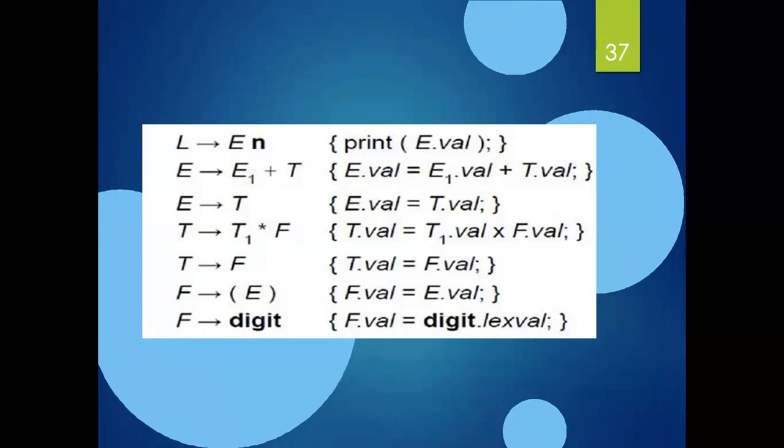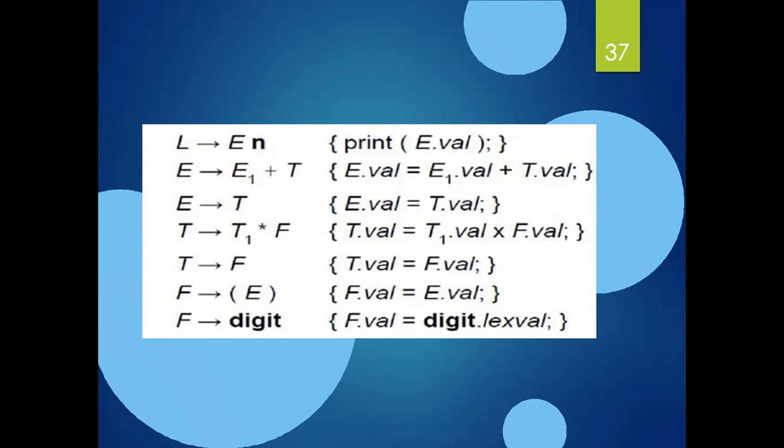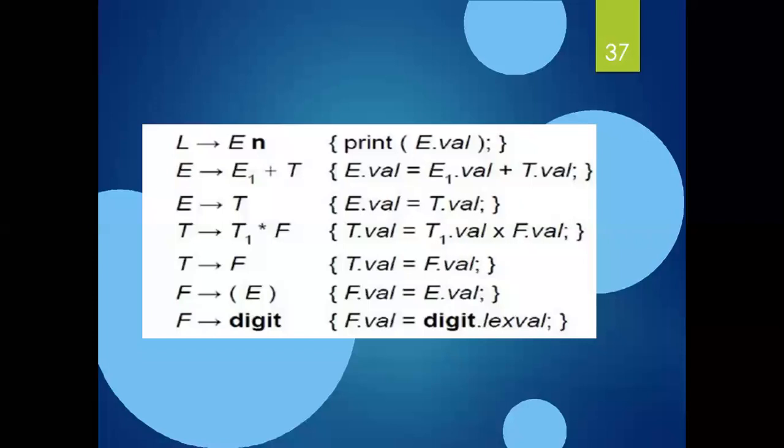During the process of parsing, the evaluation of attributes takes place by consulting the semantic actions enclosed in braces at the right of the grammar symbol. See what I enclosed here, only at the right of the grammar symbol. That means E, E1 plus T, T, T1 star F, and here we are not taking the parenthesis, we are only taking an E node, that is E, and finally digit with lex, because the digits are always defined by the lexical analyzer. So we are taking from the lex and as it is a synthesized attribute.